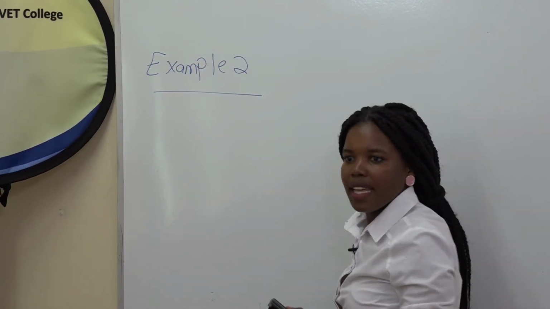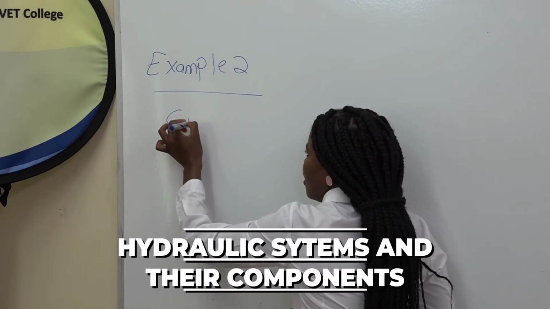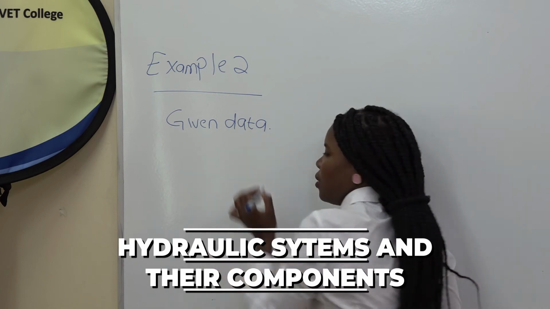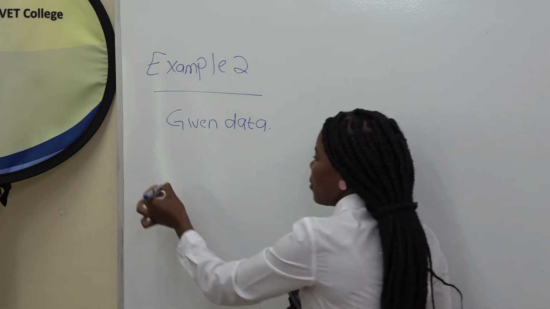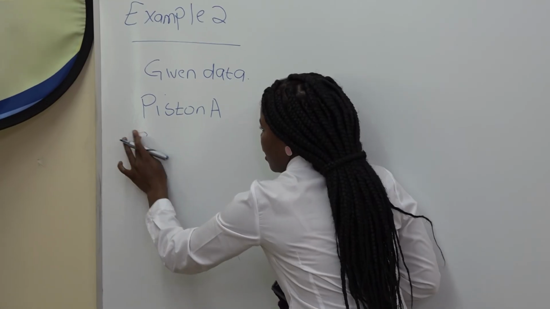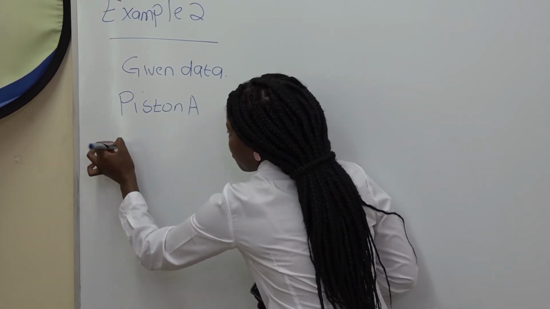Therefore, our given data: we first check with piston A. They say that piston A is smaller than the output, and piston A has an area of 0.002